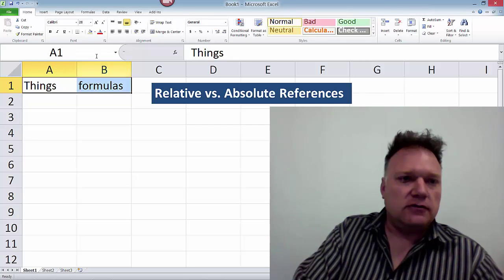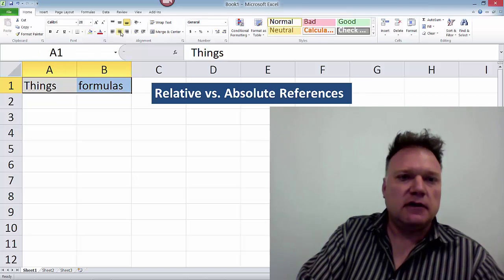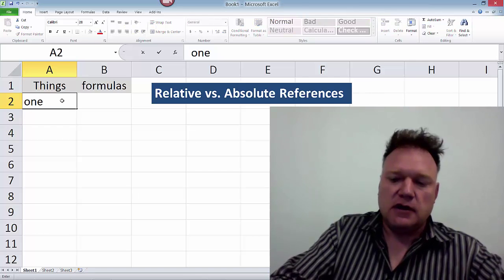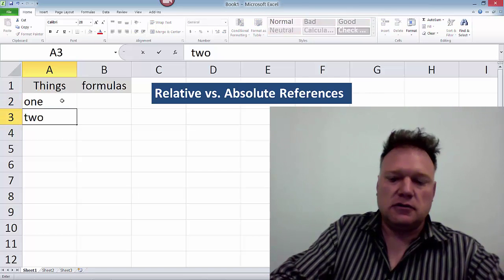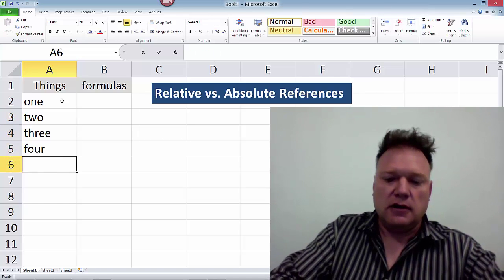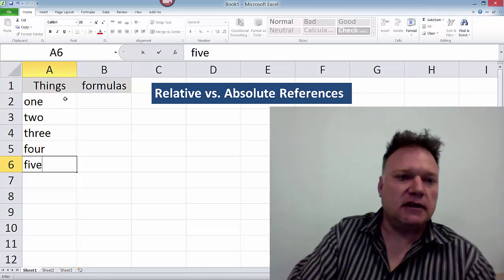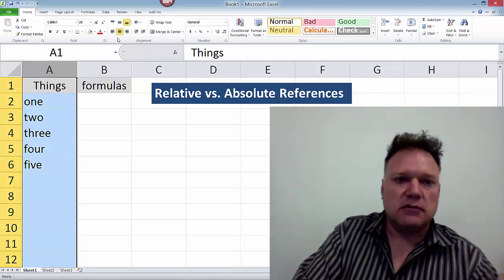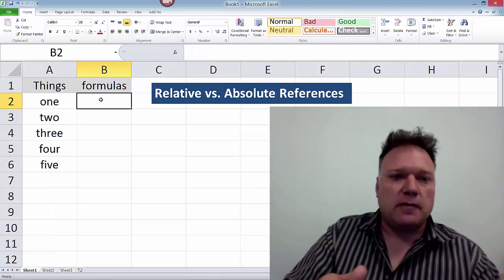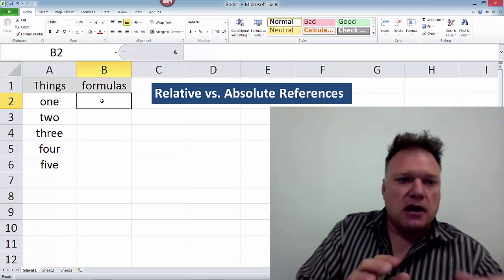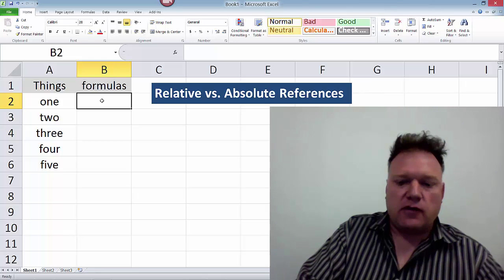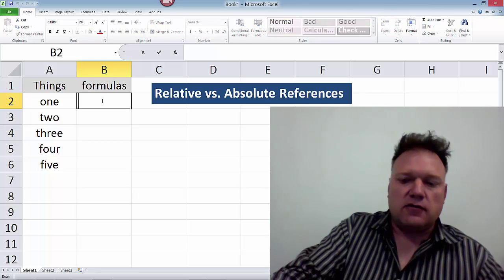So I'm going to shade these, center them, and under things I'm going to have 5 things. 1, 2, 3, 4, and 5. Of course, these things can be numbers, other formulas, they can be all kinds of things. Under formulas, I'm going to have in cell B2, I'm going to enter my first formula, and recall all formulas